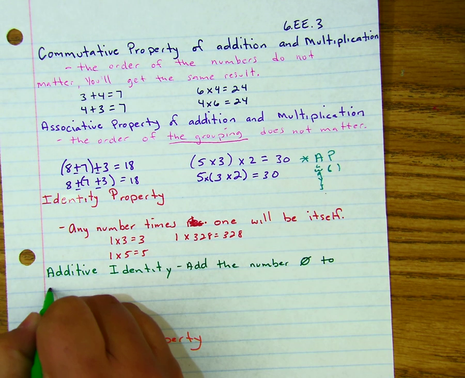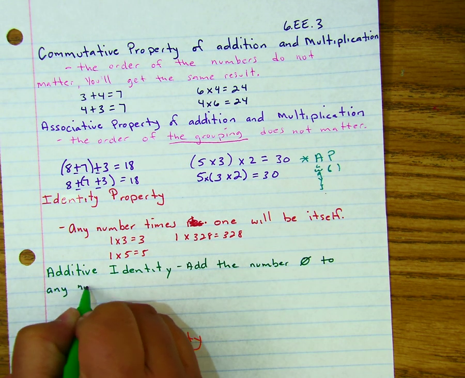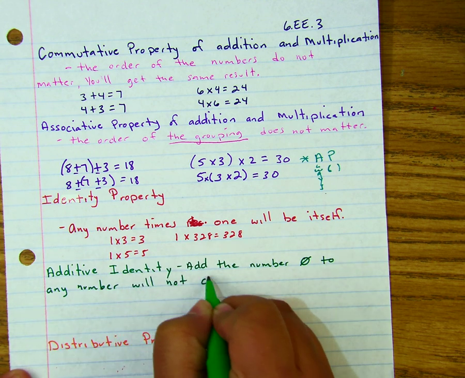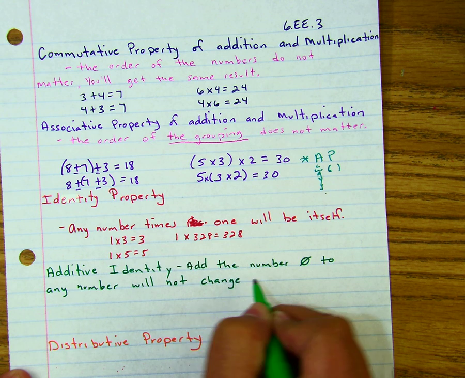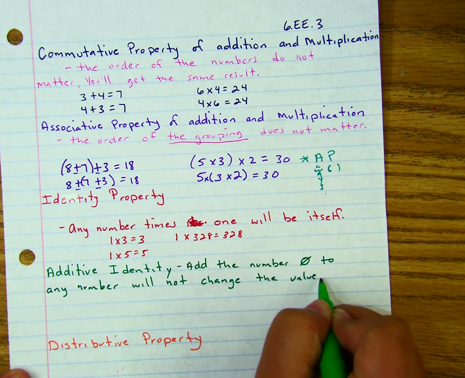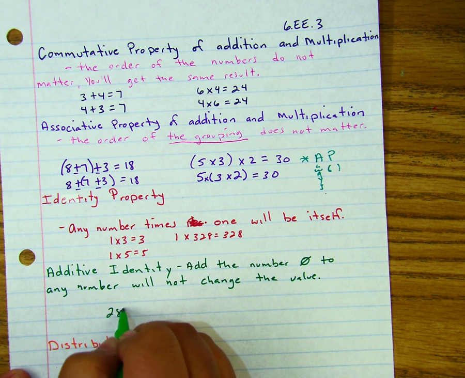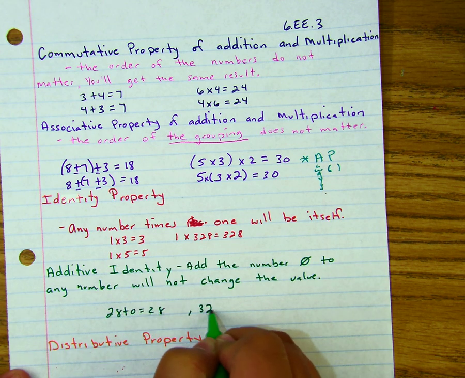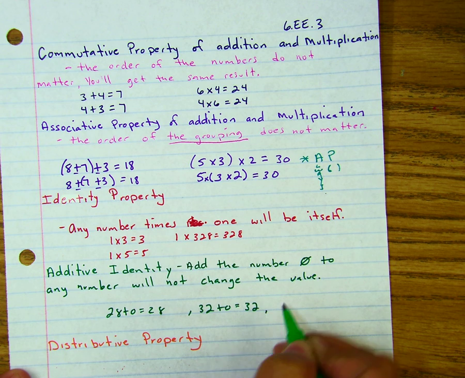Adding zero to any number will not change the number, change the value, I guess. Okay, so 28 plus 0 will still be 28. 32 plus 0 will still be 32. 137 plus 0 will still be